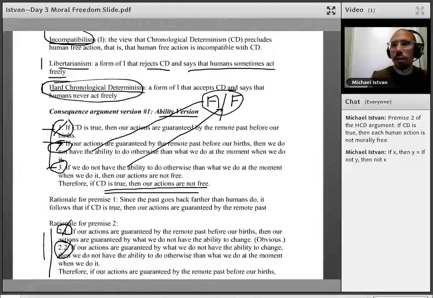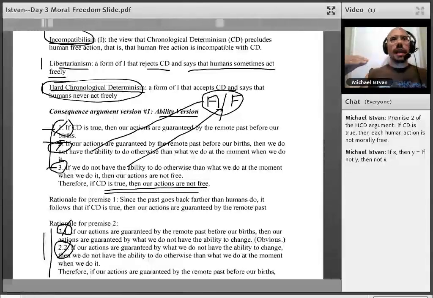then our actions are not free. So you see, I stuck in this phrase in the argument in order to cut the compatibilist objection off at the pass, so to say, nip it in the bud, obviate it, make it not even have the possibility to arise. Because I'm stipulating in effect that I'm not talking about any counterfactual ability to do otherwise. I'm talking about the all things considered, the actual ability to do otherwise. And so if we word the argument a little bit more precisely, we could nip in the bud the compatibilist objection to premise 2.